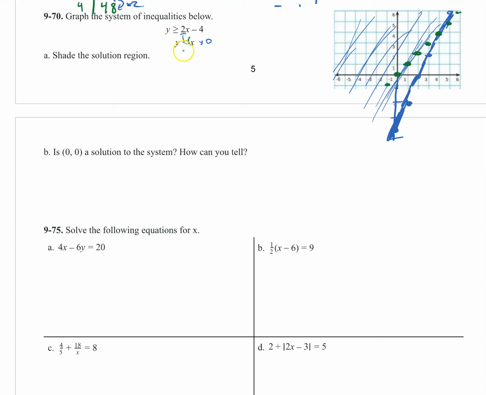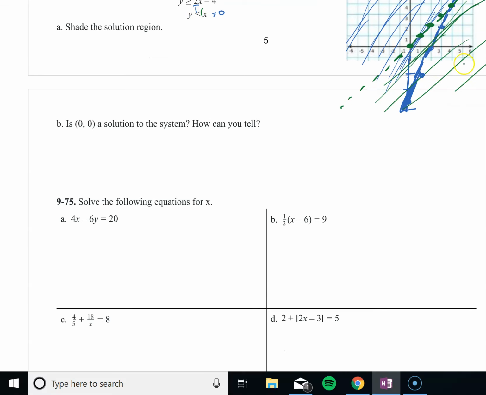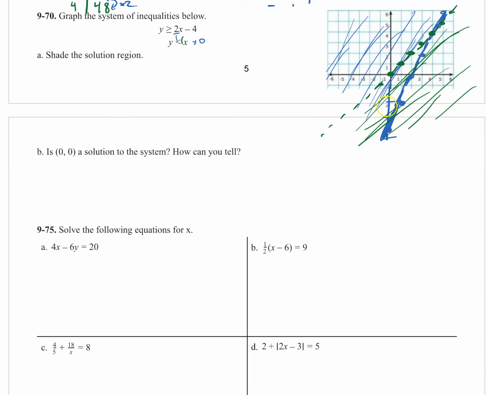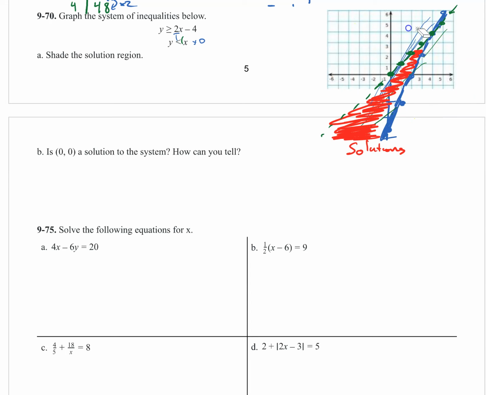All right, and since it's less than, I have to put a dashed line. And less than also means I should shade below. So very lightly, I'll shade below. Now notice the shading overlaps in one and only one region, this one. So here are where all my solutions are. And then if you want, you can even erase the shading in the other regions to make it crystal clear